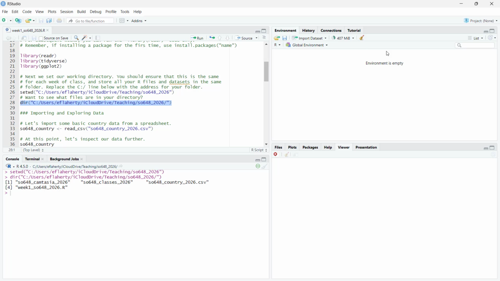Now, how we're going to do this is I'm going to create an object, and this is where we start to see the benefits of this environment window. R is what's called an object-oriented language. We're going to create an item called SO648_country, and we're going to populate that with data from our CSV file, from that spreadsheet that we just saw,